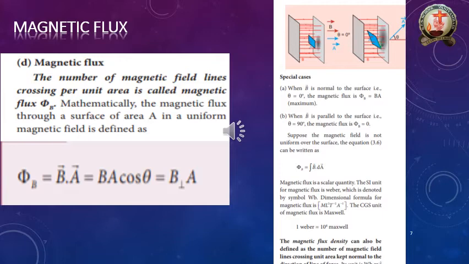First of all, see the first diagram. In the first diagram, the term B is there. Above the B, one arrow mark is there, and below the B also one arrow mark is there, in red color. So the arrow mark above will indicate the direction of the magnetic field. And the arrow mark below the term B will indicate the surface area.